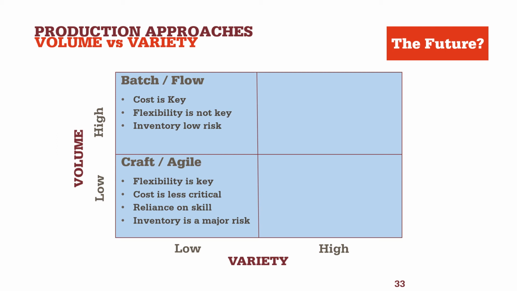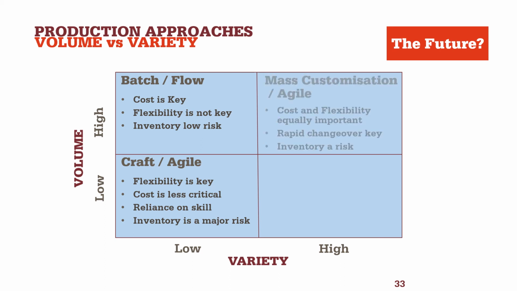So therefore cost starts to become more important. We don't need flexibility because all the product's the same. Actually putting parts into inventory isn't very high risk. It adds a bit of time, but it's not very high risk because we're producing lots and lots of the same product. If we move across to the right and we move into the era of mass customization,